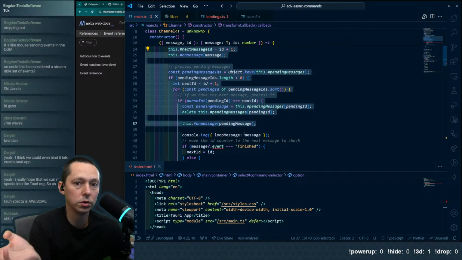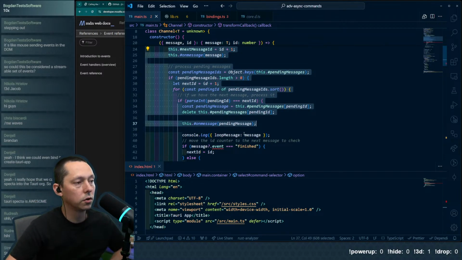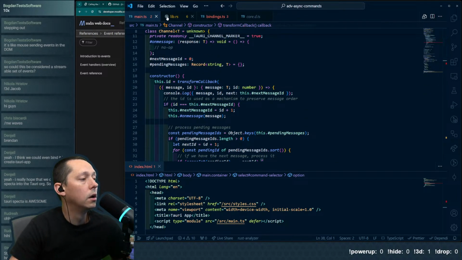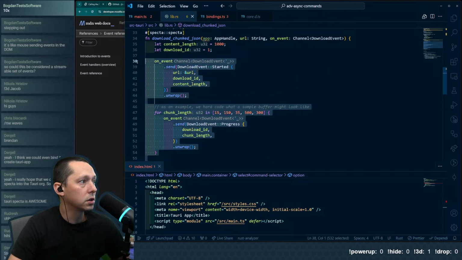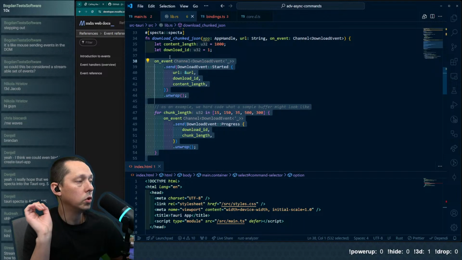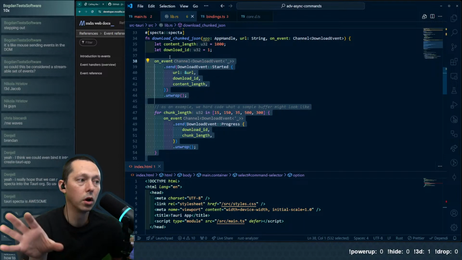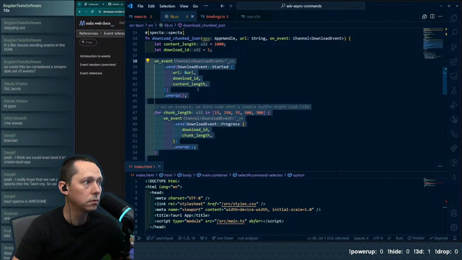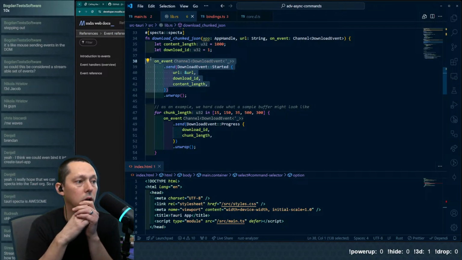Then everywhere else in your code, you just listen for the events, or it could be as complex as something equivalent to Go channels or structured concurrency. You could do the whole shebang and handle it however you want. But I think that gives you a lot of flexibility, because you can do any of the synchronous or asynchronous work from Rust, call send on the on-event, and you'll just get it however you've defined it on the front end.